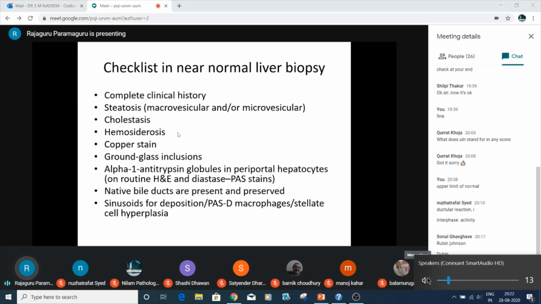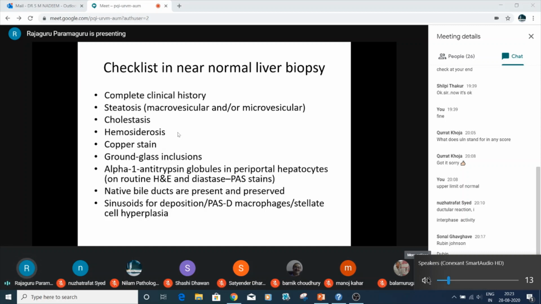So you have to take your case file or have an extensive talk with your clinician as to what kind of picture he is thinking about, and then you have to look for steatosis, mainly in the perivenular area, that can be very subtle. I told you about the microvesicular type, which is more grave, and those will be in the perivenular area or more diffuse and can be missed out in an H&E. So you can make use of the PAS stain to pick that up, and subtle cholestasis,